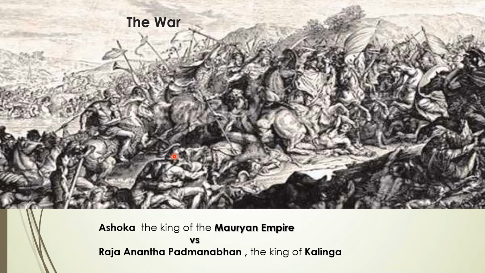However, the military history of Odisha has mentioned that the Kalinga War was fought between the Kalinga state and the Mauryan Empire, led by Samrat Ashoka and King Anantha Padmanabhan respectively, on the foothills of Dhauli. The freedom-loving people of Kalinga offered a stiff resistance to the Mauryan army. The whole of Kalinga turned into a battle arena. History offers us but a few examples of such fiercely fought wars as this.